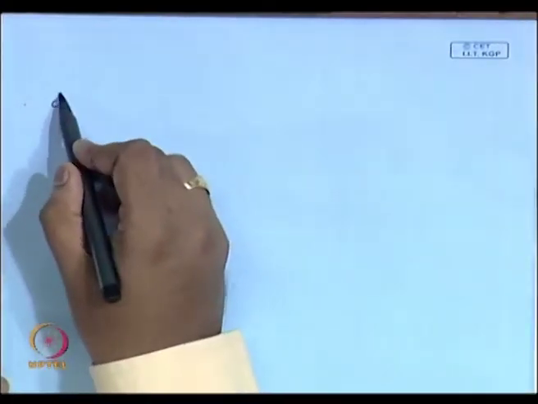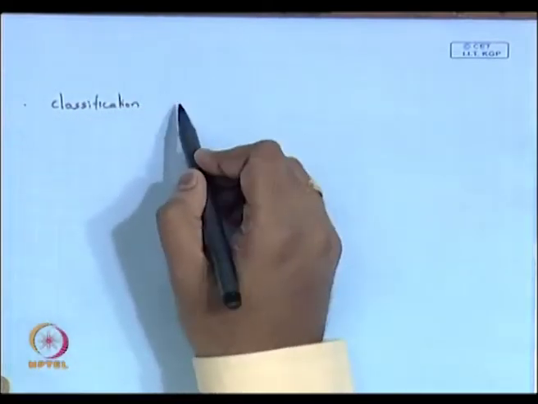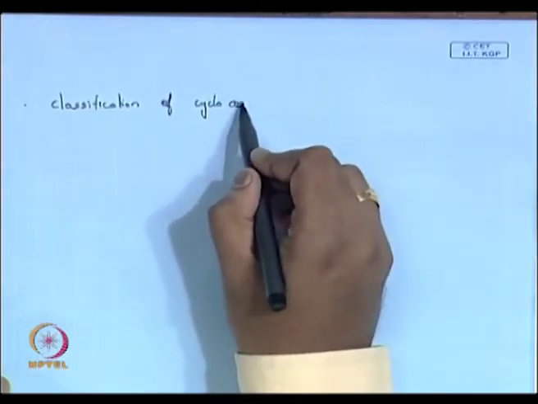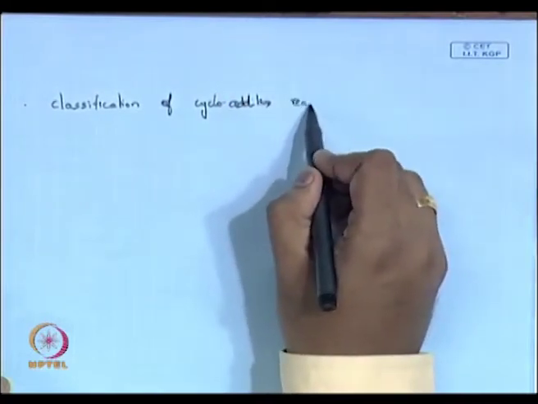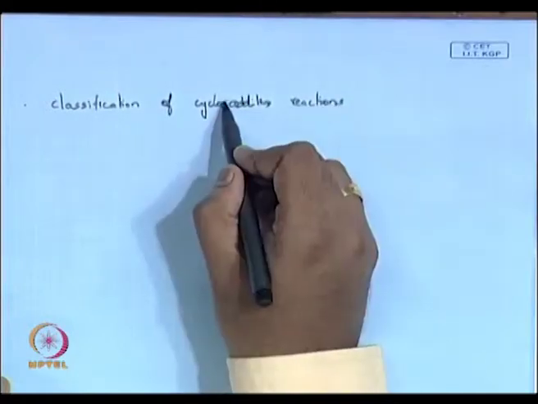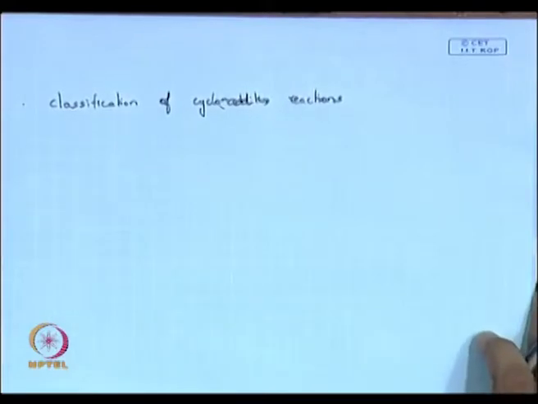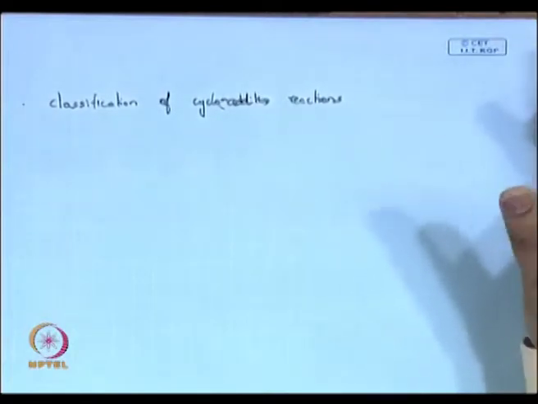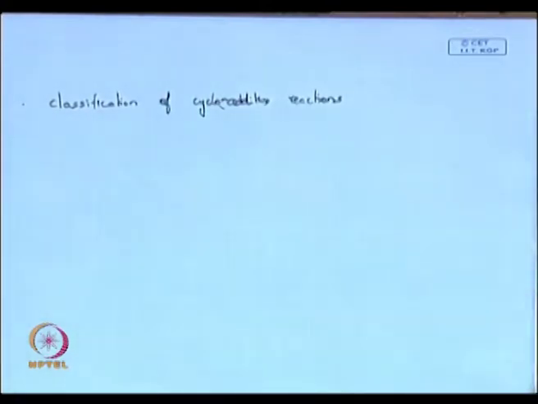The other thing is the classification of cycloaddition reactions. We can classify cycloaddition reactions based on the number of pi electrons involved in the reaction. Based on that we can classify your cycloaddition reactions. Fine. For example,